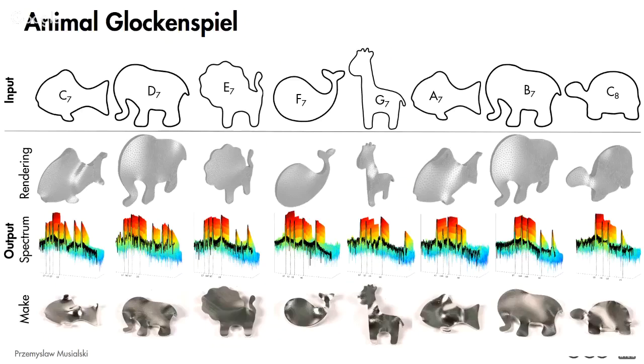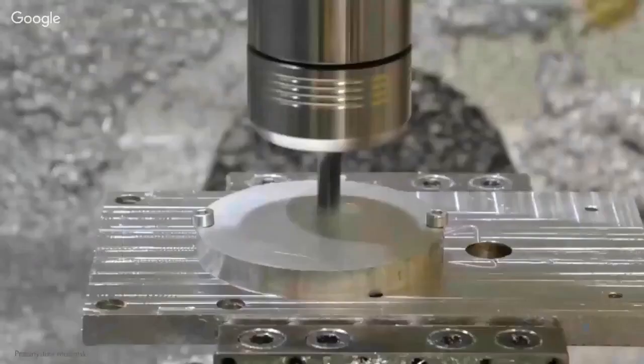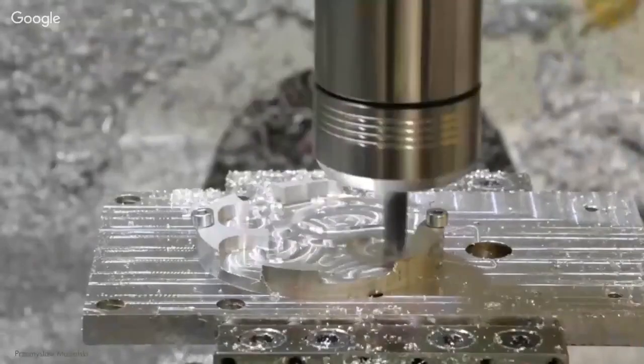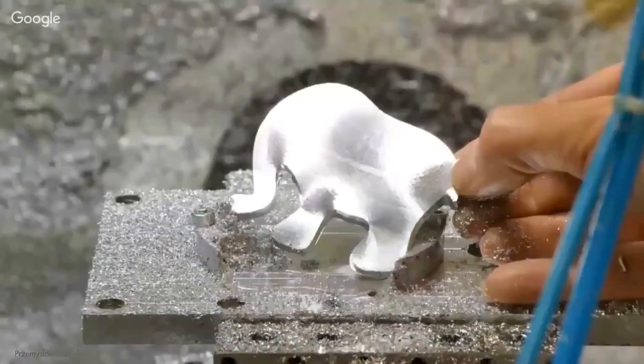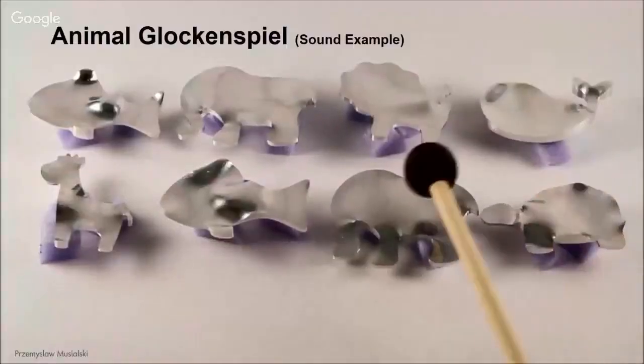If you can imagine, when you're looking only for the pitch, all you have to do is just change the thickness, the constant factor of the thickness, down. So this would be a very simple problem. But as soon as you start looking for more properties, so the shape should fulfill more than just the pitch, the problem is getting much more complex. And then we fabricated those stones using this milling machine from aluminum, and now we can see if we